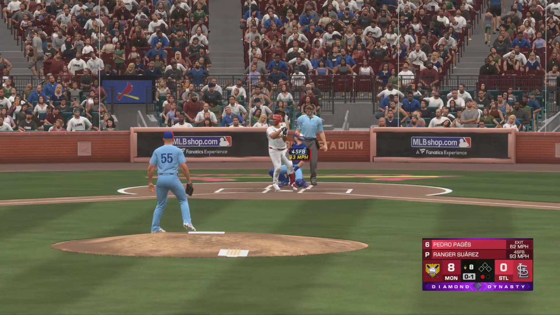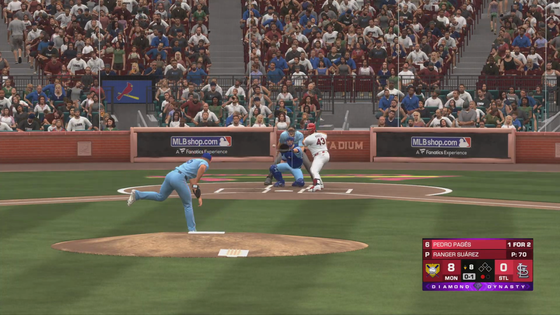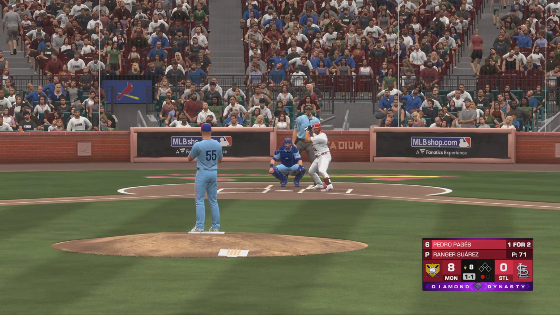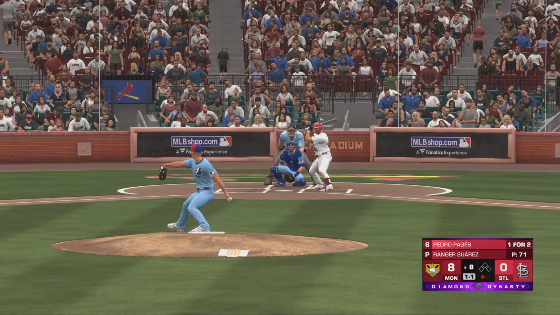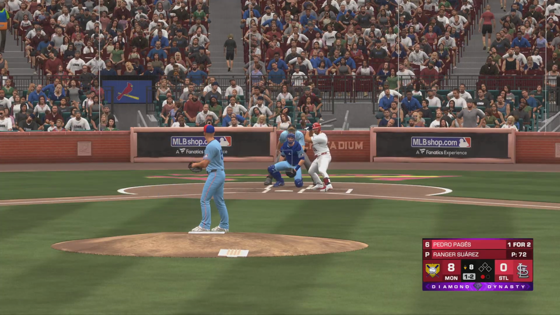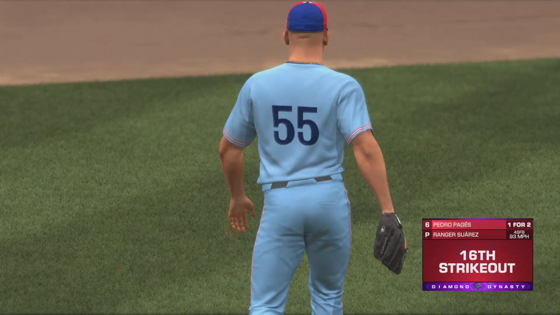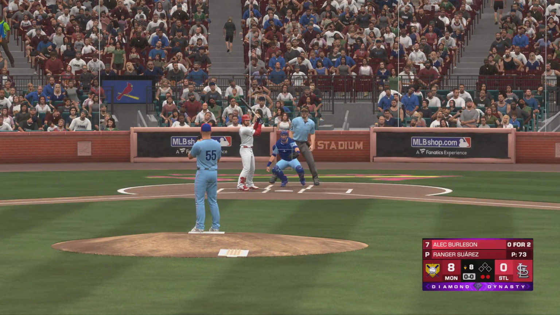Pedro Pages is up next for St. Louis. The wind of the pitch. It's the fastball that misses. Made him look a little foolish there. That's strikeout number 16. Up next for the Cardinals, designated hitter,